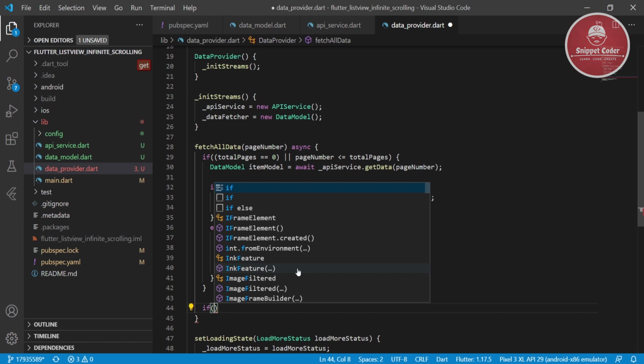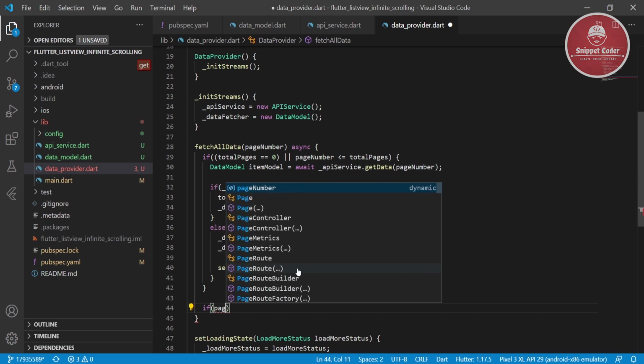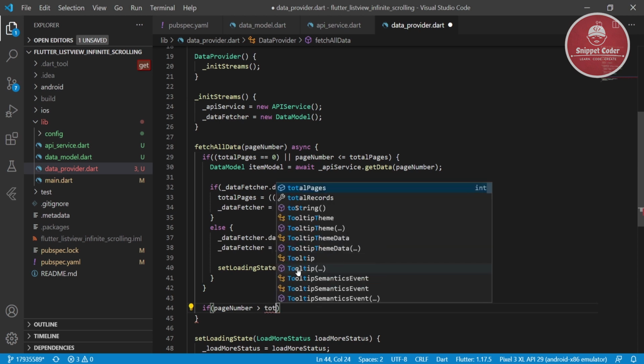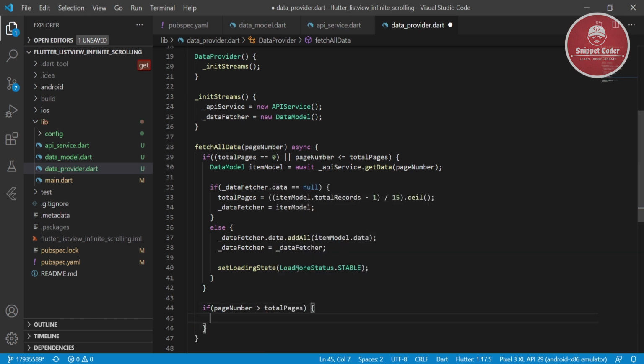Then we will add one more condition, that is if page number is more than total pages, then we will call setLoadingState with LoadMoreStatus.stable.